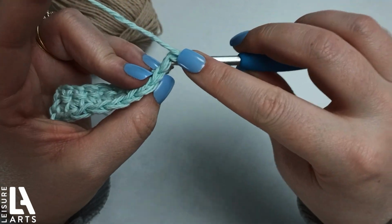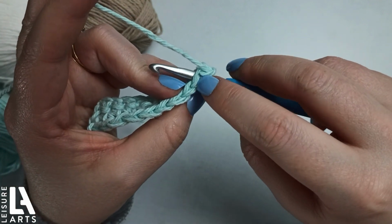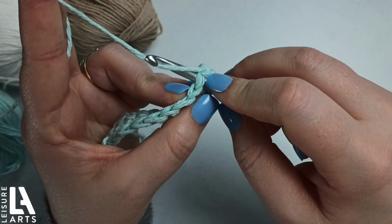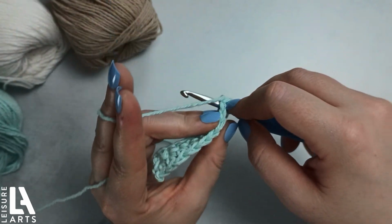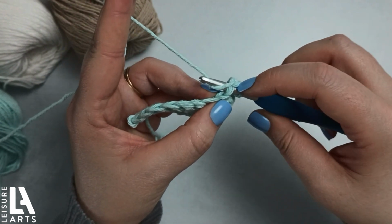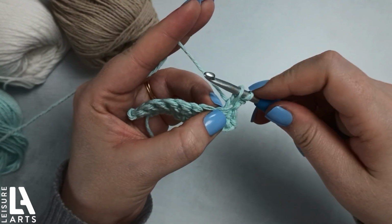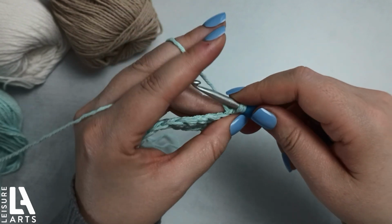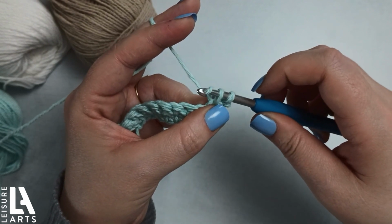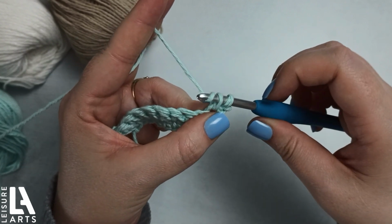But when you work into the project, you take your hook and you go under both loops unless you're told otherwise. Yarn over, you see I just took my fingers and I go yarn over, and I twist my hook, and then I pull through. Then you have two loops on your hook. Yarn over again, twist your hook to lock it in, because if you don't twist your hook, what happens? It just grabs the whole project. So twist your hook